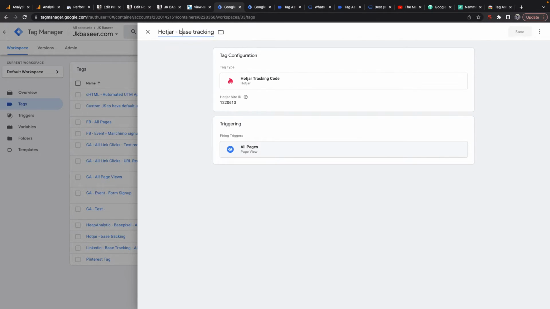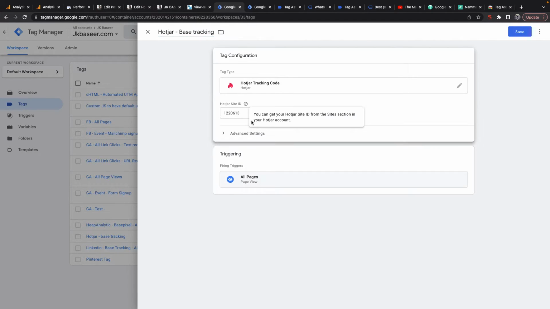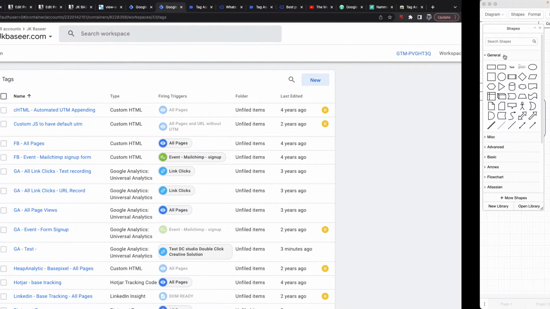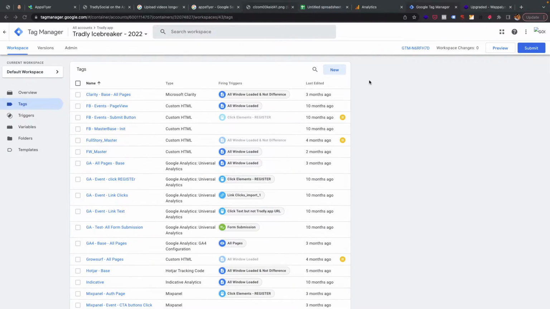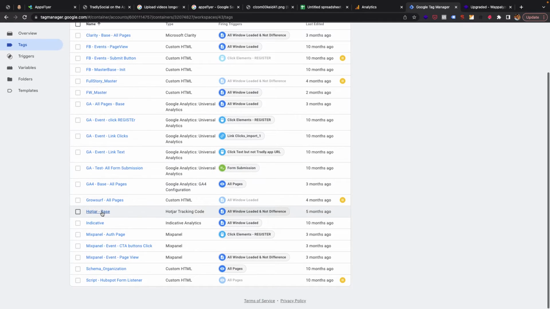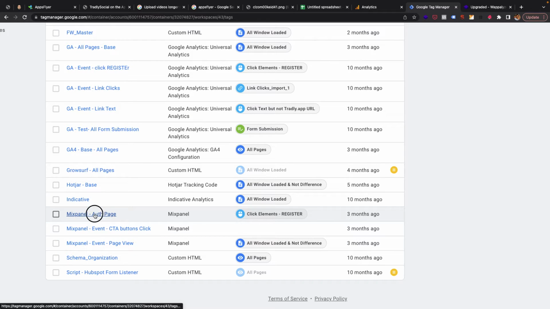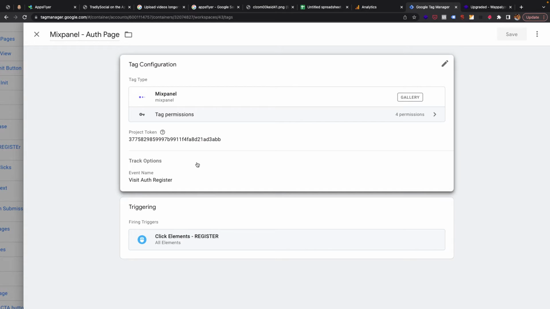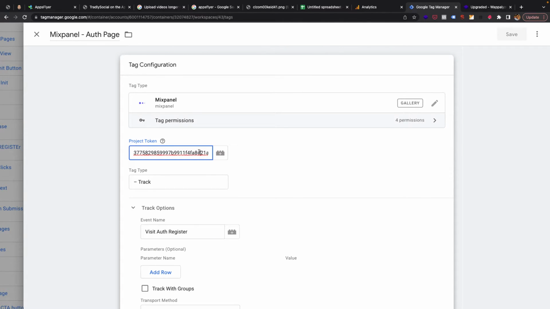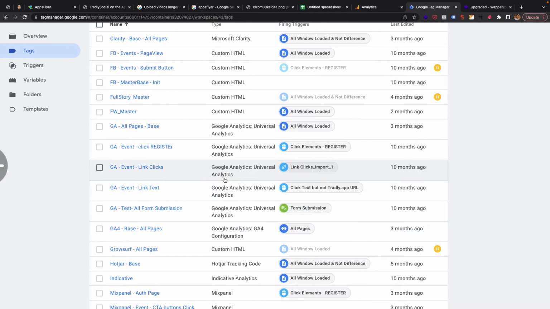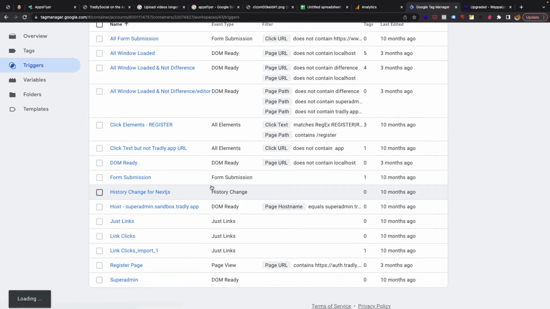So I just put Hotjar base tracking and then I put this ID. If I want, I can put this variable. The reason why I didn't is that it's a simple block, I'm not going to reuse it. But let's say we come here, you will see I put Mixpanel tracking, but Mixpanel itself is on 3 pages, so there are 3 places I'm using it. This project token, I shouldn't show you this project token, but I think it's fine. If I wanted to reuse it, let me show you another example where I have used the variables itself. In clients' websites, yes, I have many,